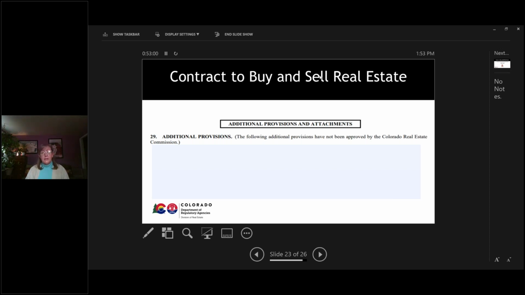If there's a contingency, if you have to sell a house in order to buy the house that this contract is for, then the contingency needs to be put in the contract. We've been getting a lot of complaints about real estate brokers who are missing contingencies. And so I think that also speaks to you as a consumer. If you know that you have to have a contingency when you're going through this contract with your real estate broker,